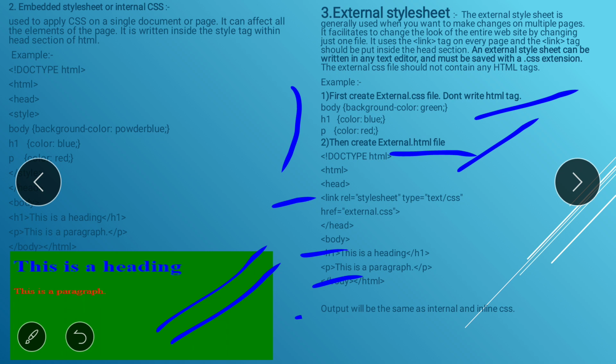ठीक है. And students, if I link that external.css file to a number of, or multiple, HTML files, and if I want to change the background color of my website, मीन्स मेरी वेबसाइट में अगर 50 पेजेस है और उसके बैकग्राउंड का कलर ग्रीन है, क्योंकि मैंने सारे 50 पेजेस को लिंक कर दिया है, वो मेरी डॉट सी एस एस फाइल है। और अगर मुझे मेरे बैकग्राउंड का जो कलर है वो अगर मुझे चेंज करना है, देन आई जस्ट ओपन द डॉट सी एस एस फाइल, एंड इन दैट सी एस एस फाइल आई जस्ट चेंज